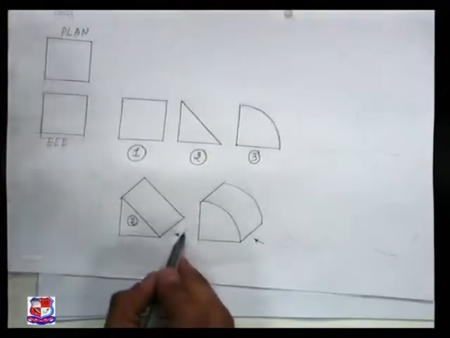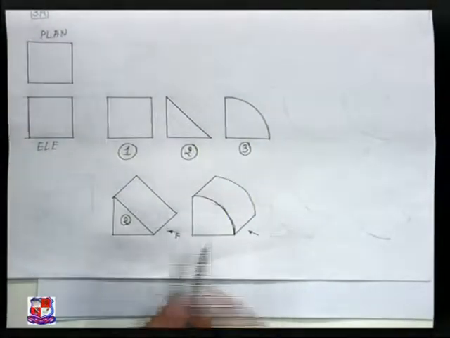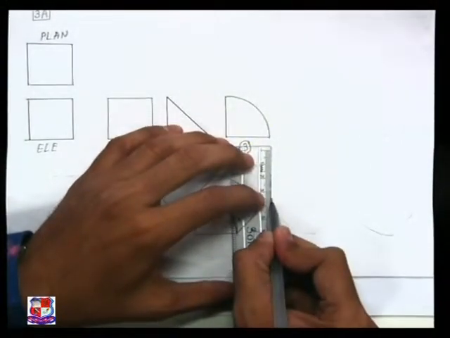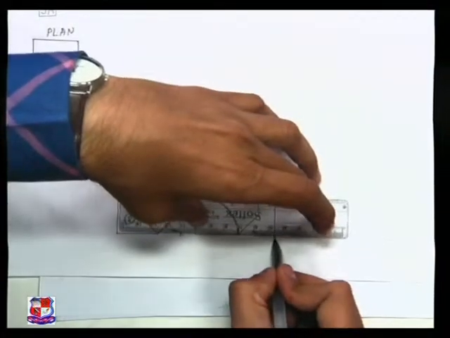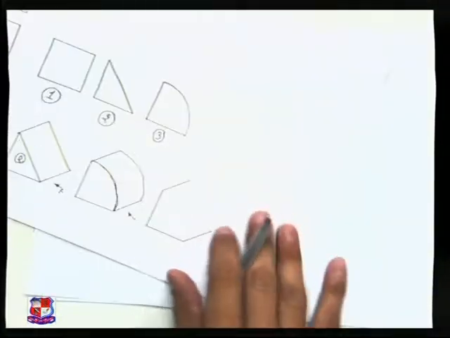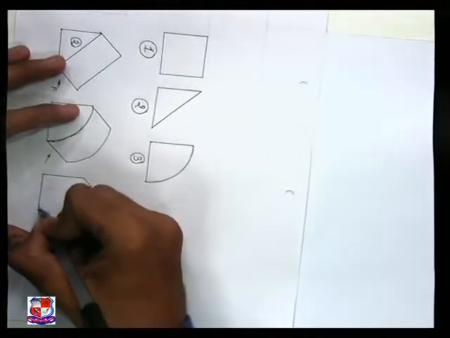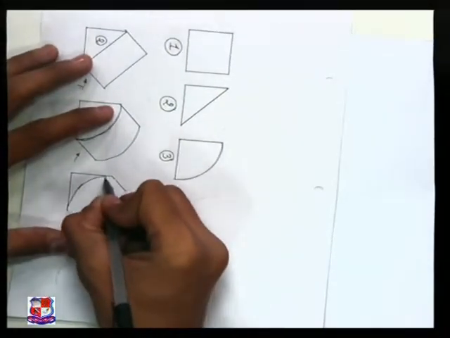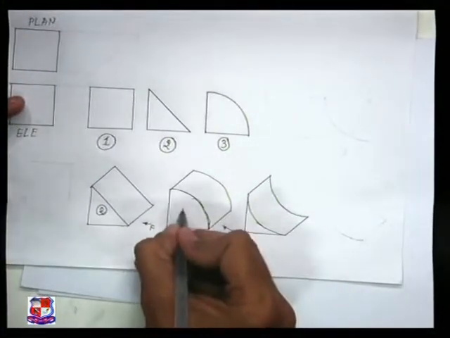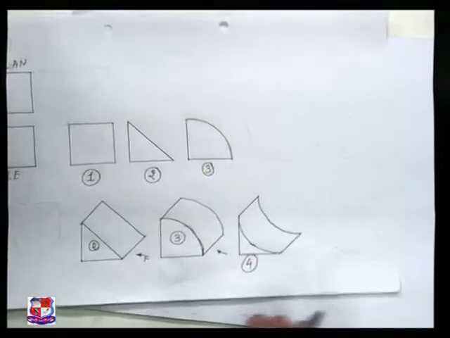Now what about the fourth? Instead of drawing this curved shape in this direction, think about some other possibilities. Another possibility is that it should be cut like this. The arc is reversed, so its isometric view would appear like this. If the arc is reversed, then its cut portion would appear like this. Of course, in examination you do not have to draw these isometric views. Here it is drawn just to clear the concept. This is number 4, the fourth possibility, having top view and front view as a square.